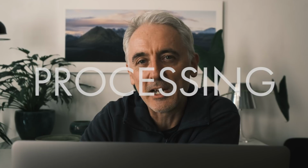So let's have a look at how I edit those misty early morning images. Now, I really don't like to spend hours editing images. 50 minutes is pretty usual for me, maybe 20 minutes. Half an hour is the absolute maximum. What I find is having a set of tools, a toolbox that you can use on images, and an approach